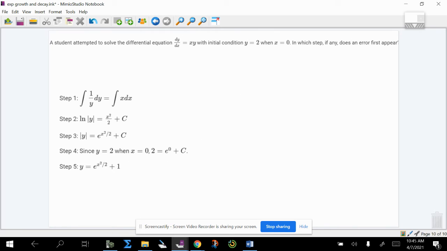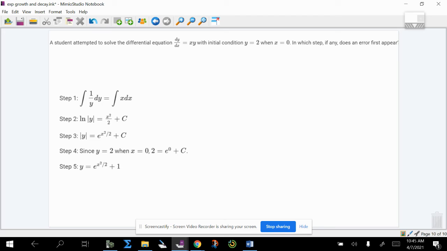Last one, and I like giving you a chance to see one like this. This is an error analysis question. I feel like back in maybe Algebra 1, you start looking at error analysis, basically looking and saying, when does a mistake happen? So you're not actually going through and doing a problem. You're kind of looking at someone else's work, being like the teacher for a second and figuring out where did